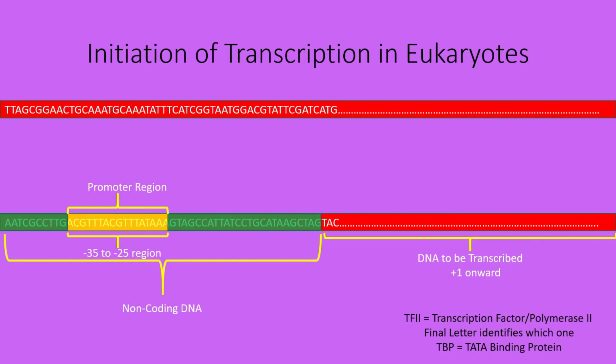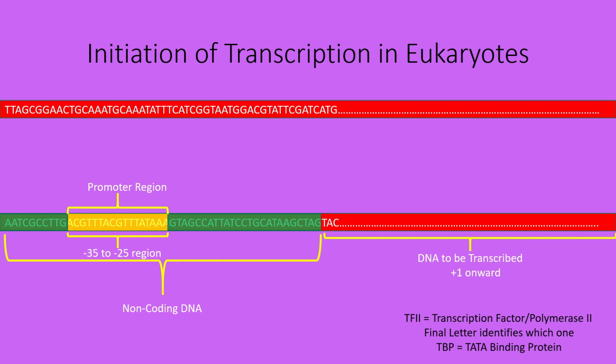Initiation in eukaryotes requires binding RNA polymerase II to a promoter region. However, this is much more complex than in prokaryotes. While prokaryotes utilize a sigma factor subunit on their RNA polymerase to bind it to the -35 to -10 upstream nucleotides, eukaryotic initiation requires a series of transcription factors to draw RNA polymerase II to the location on DNA to be transcribed. This happens between the -35 to -25 region in a series of nucleosides reading TATAAA or the TATA